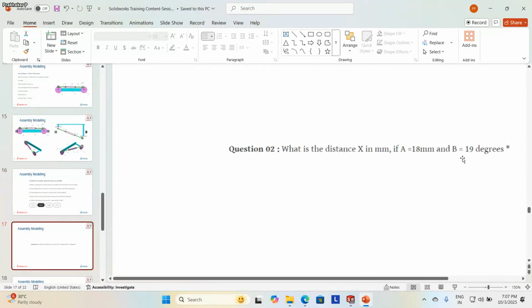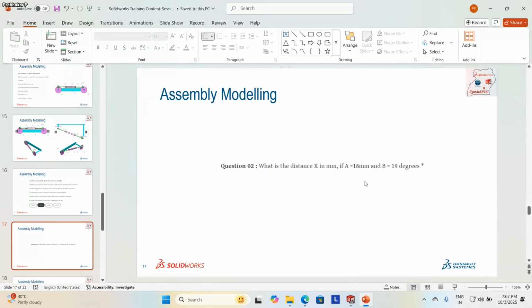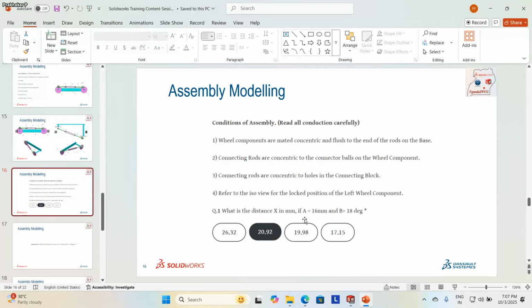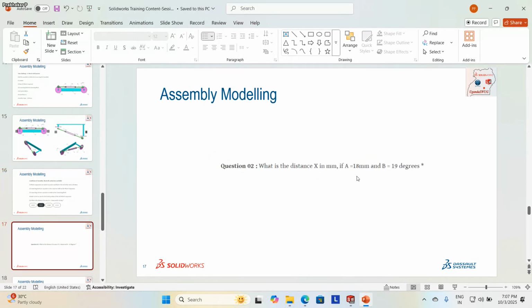The next question what they do is maintaining what is the distance of x if a is 18. So earlier we maintained a as a 16. That time you have to change it as 18 and b to 19 degree.